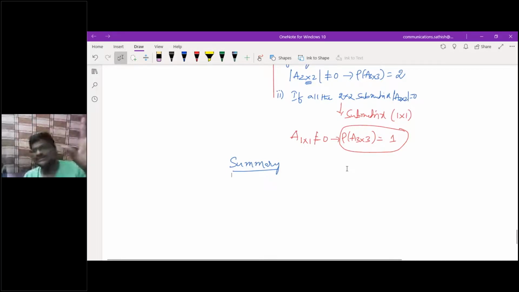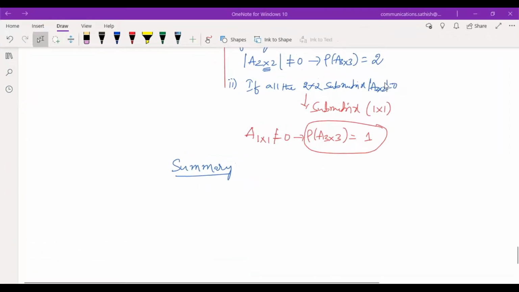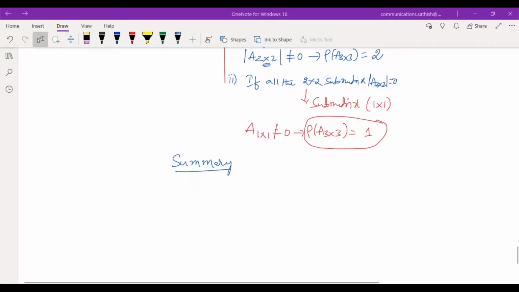So in your academics, whatever is not required for you, skip it. This is one of the best approaches I can tell you. You can cross verify throughout India. This is the best method you can use for the rank of a matrix. I can assure you that. This is the very best and easiest method to find the rank of the given matrix. Am I correct or wrong? Yes, sir, it's easy, sir.